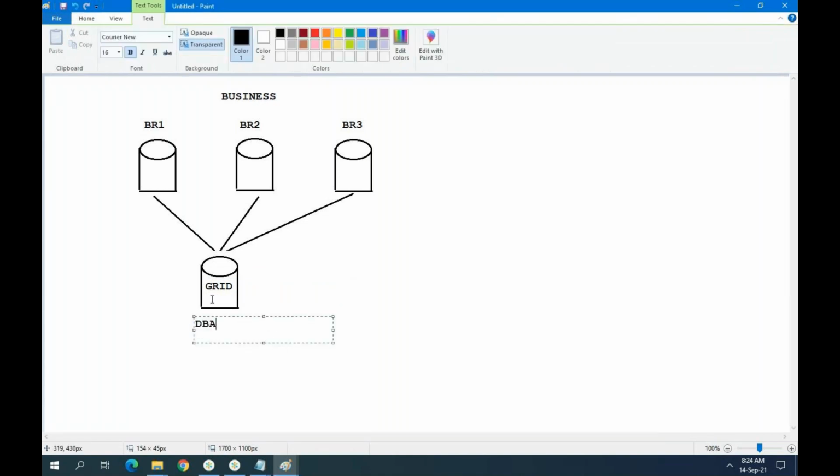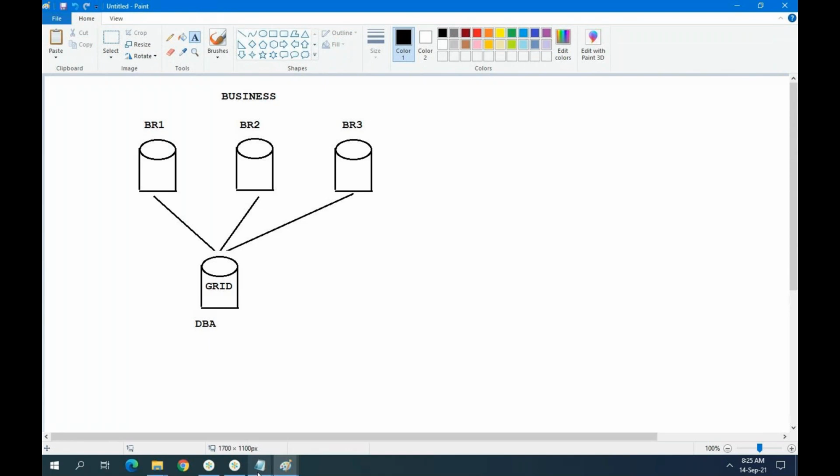He can monitor all the remaining branch database servers, and he can check whether any server is down unexpectedly, or whether there is any problem in communication from one server to another, and he can balance the workload or data load on each server. So the way of working is easy by using a grid database server.